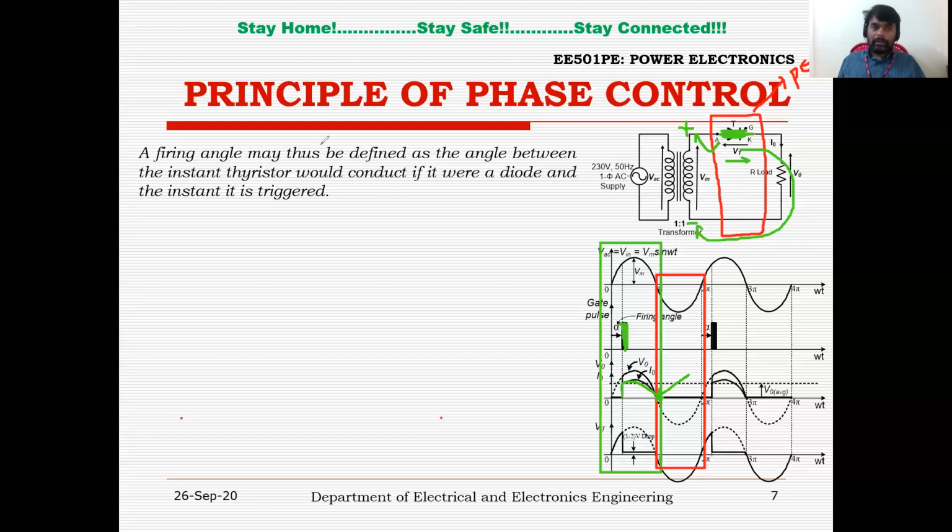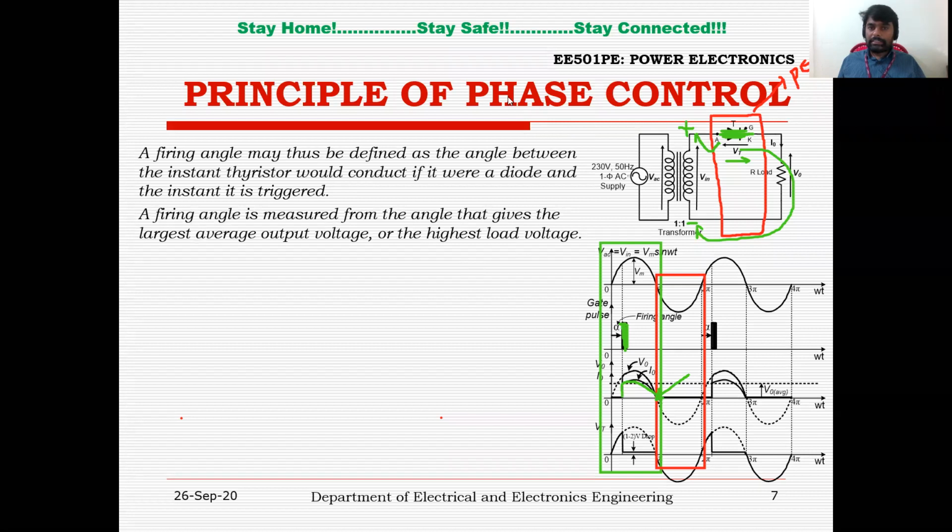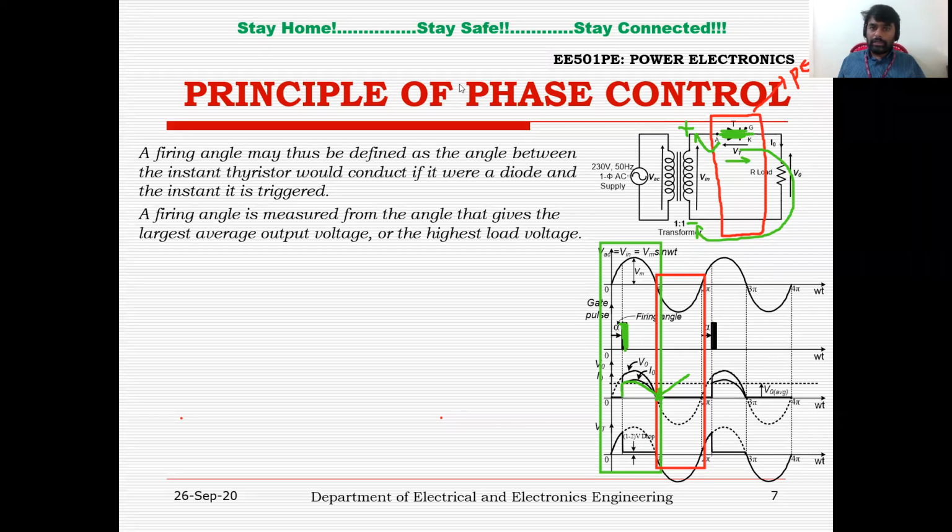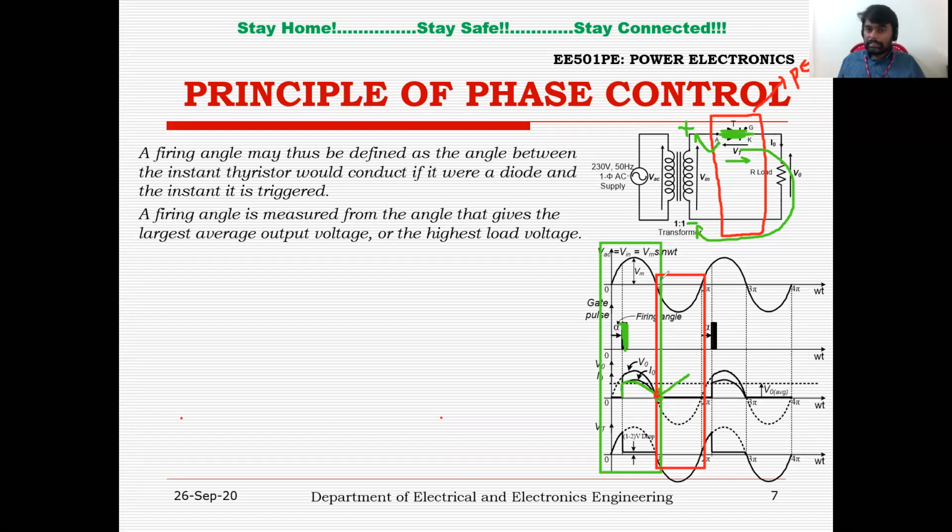Right, and if you want to understand the negative half cycle, the thyristor is already in the off condition from this point onward, and just after omega T equal to pi, you can see this negative portion. During the next portion, this polarity will be negative now, and here it will be positive. Now you can see the anode of the thyristor is connected to negative, and the cathode is connected to positive through the load, which means the thyristor is in reverse bias condition. If it is in reverse bias condition, it will be in the off state.